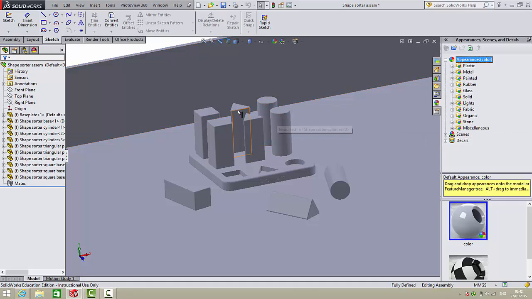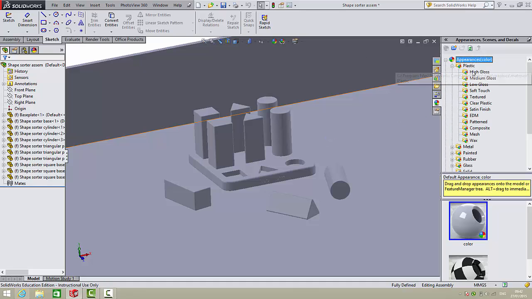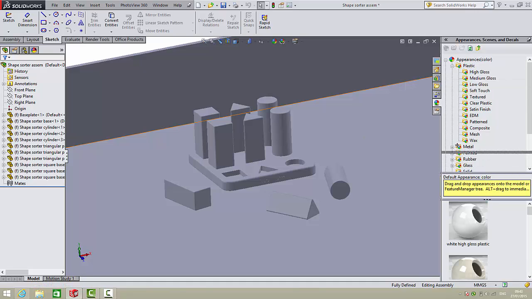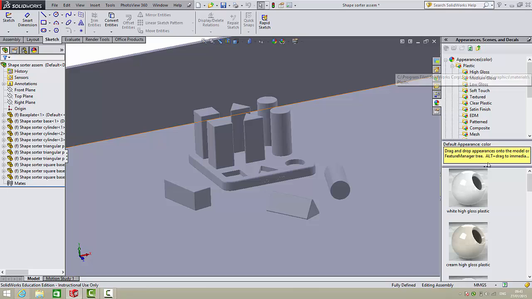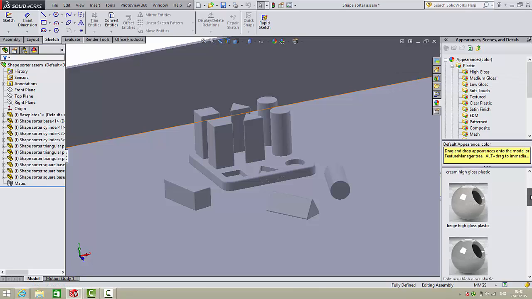In my case I want to put, say, high gloss plastic onto each of these pieces. So I'm going to press the plus beside plastic, press the plus, sorry, there is no plus, just press high gloss, and all the high gloss plastics that are loaded into SolidWorks appear down at the bottom. So for instance, if I want to make the cylinder yellow, say,